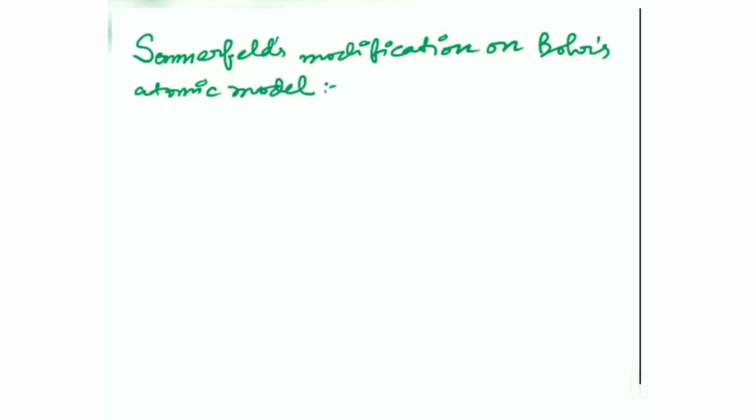So what did he say? He said that in Bohr's atomic model, circular orbits of electrons are considered. Due to the presence of different electrical and magnetic fields, the circular orbit often becomes an elliptical orbit, in which circle is a special case. In circular orbit concept, principal quantum number is sufficient. But in elliptical orbit, there are two variables, namely semi-major and semi-minor axis. Naturally, different variables are necessary, and the other one is the azimuthal quantum number. This may be practically justified at fine structure of atomic spectra.